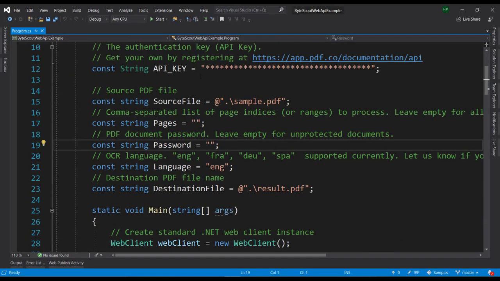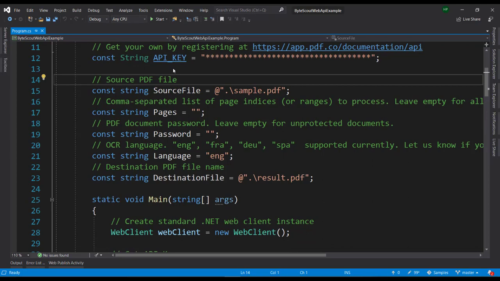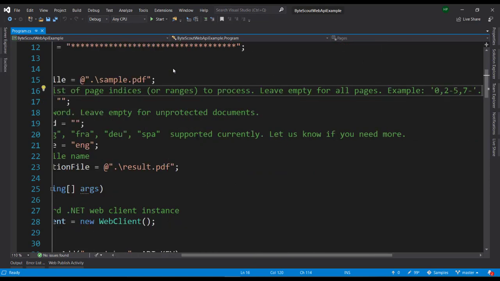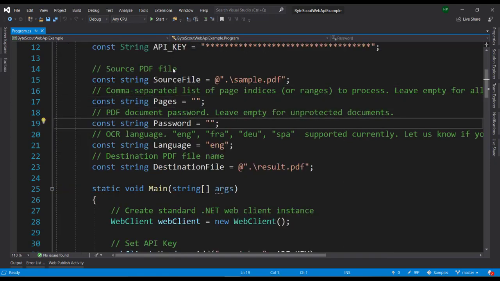So first of all, we are having the placeholder for the API keys, which are going to go in the header of the request. We are having the variable for the source file. We are having the variable which represents the pages, so basically we are going to declare the pages which we want to process. If the PDF is protected, then we need a password, so the placeholder for the password. This PDF is not protected, but in case it is,